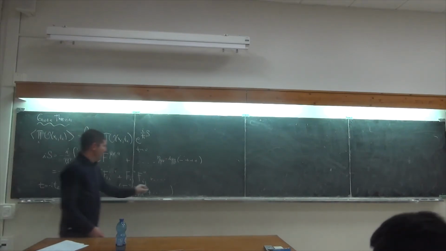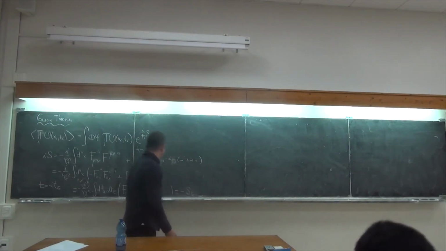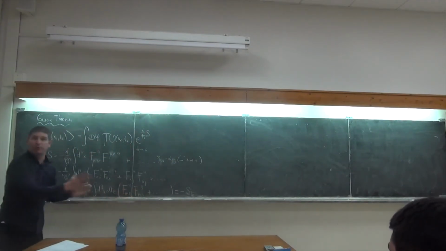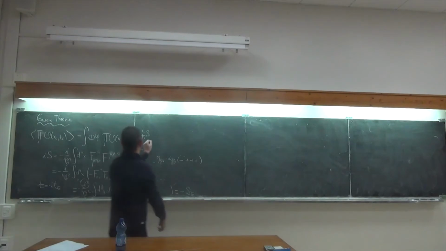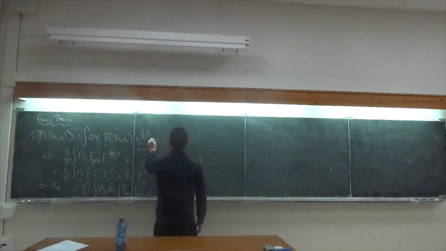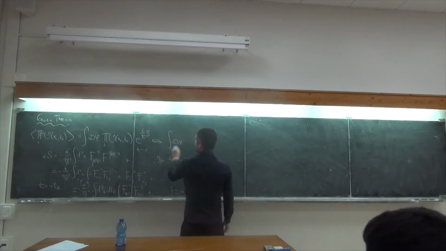Therefore this is minus S Euclidean, I call this S Euclidean, which is something which is positive definite. Okay, for this integral, I can write after analytic continuation the integral of d phi